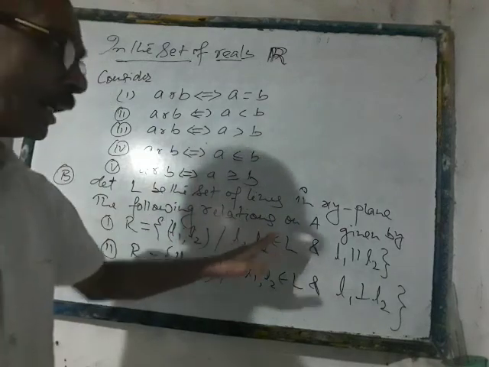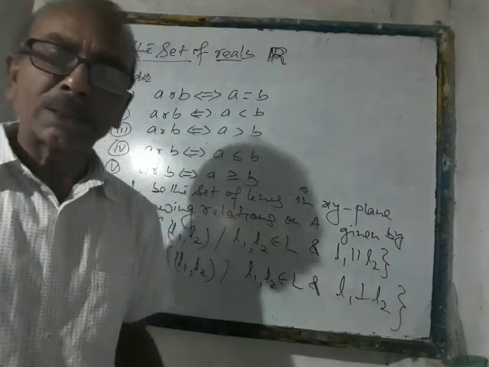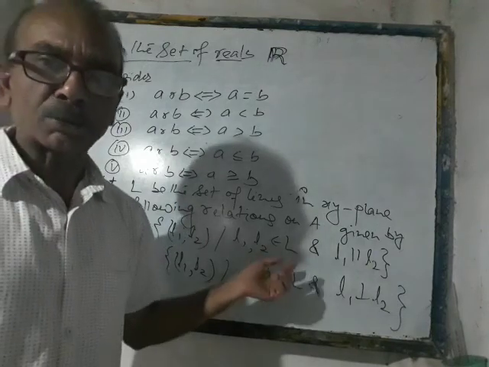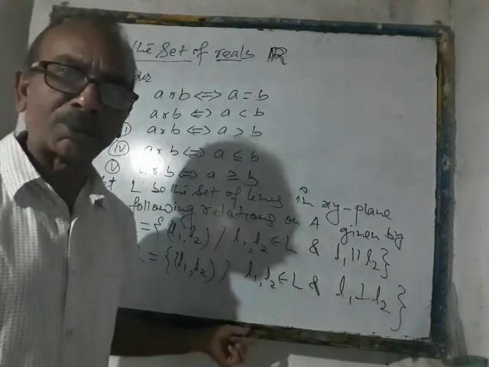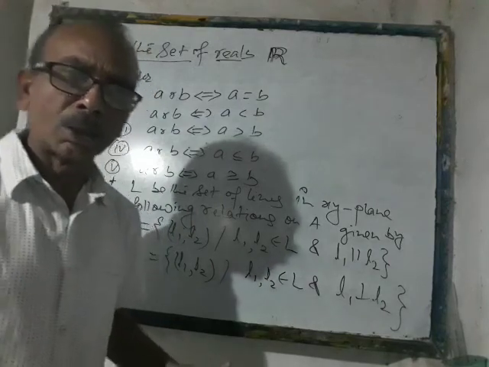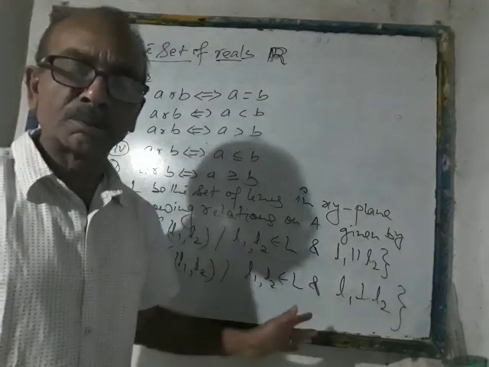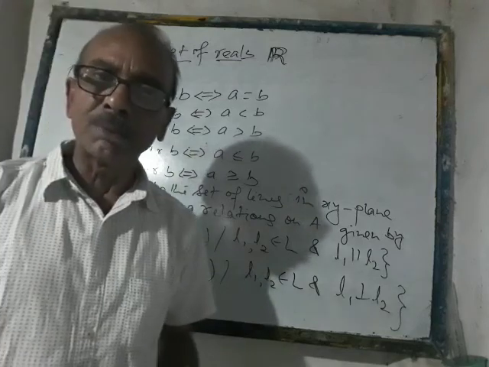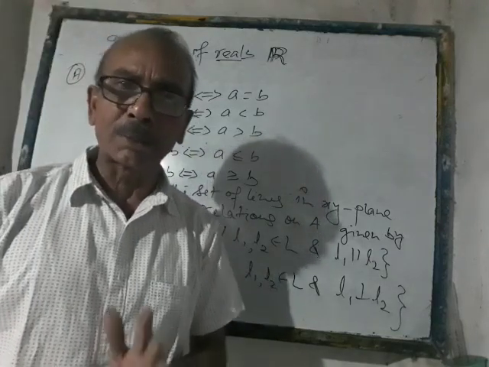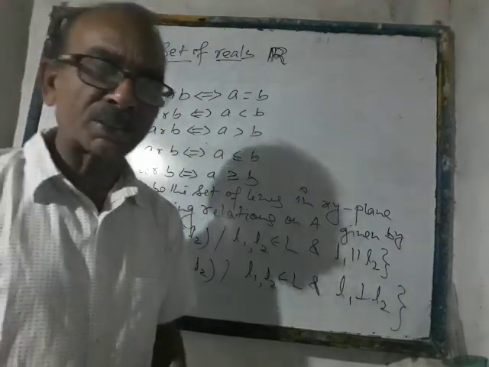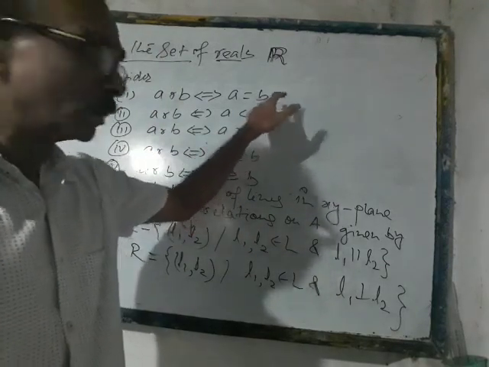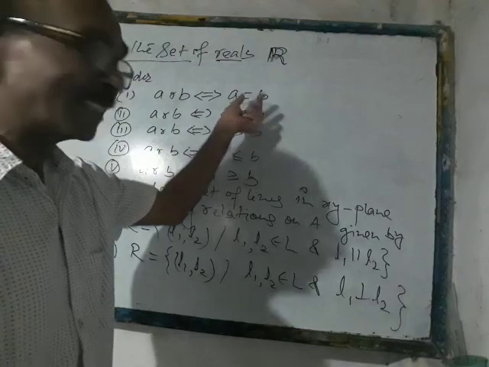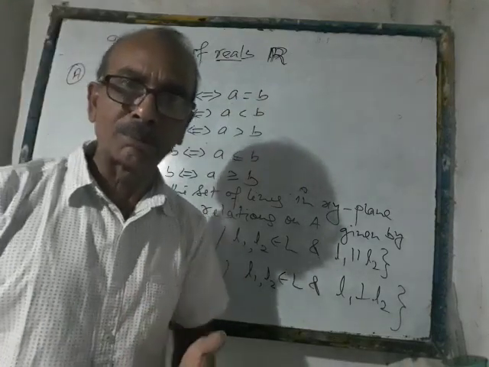In the second example, I have taken the set L of lines in the xy plane and defined two relations, the relation of parallelism as well as perpendicularity. So one by one we are going to discuss these relations, whether they are transitive or not. Afterwards we shall be giving some more examples also to make you understand clearly. Anyways, you have to check it with logic by taking three elements or three real numbers whatsoever.